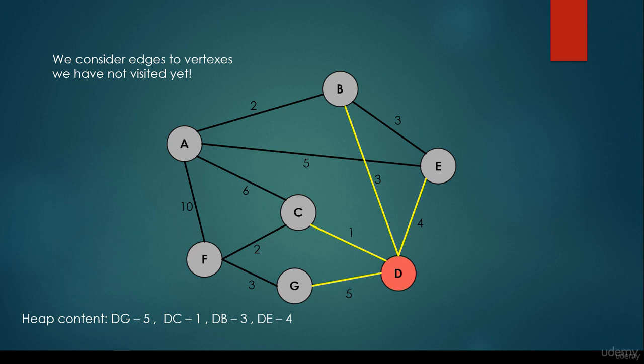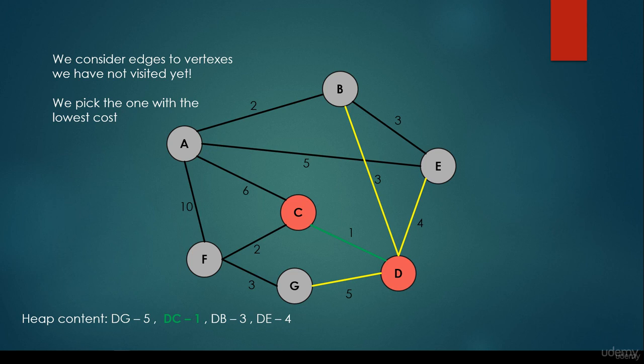What's the next step in the Prim's-Jarník algorithm? We get the edge with the minimum edge weight from the heap. It's very easy because we just have to get the root node of the heap. It's going to be edge DC with edge weight 1, and we set this vertex to be visited. Why is it important? Because the algorithm is going to iterate as long as there are some unvisited vertices in the graph. In this case, we have 5 unvisited vertices, so we have to keep going.